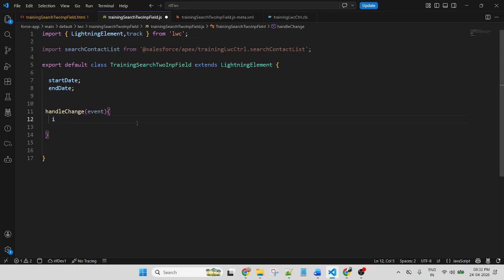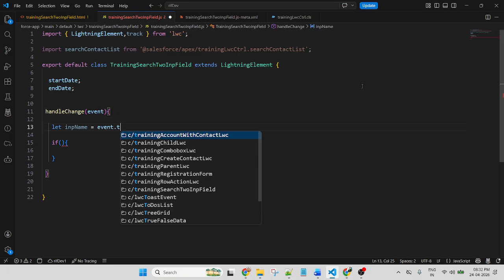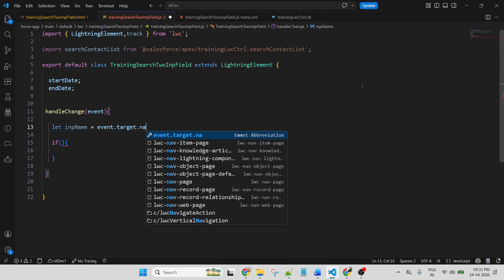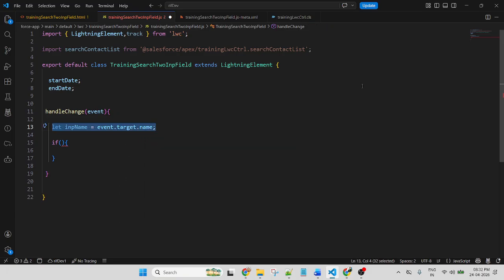So use if. Inside the condition, apply two variables to get the value. So suppose let start input name, event dot target dot name, copy, and input value, event target dot value.